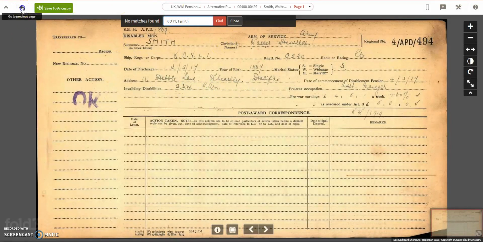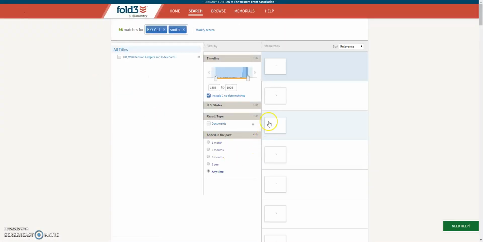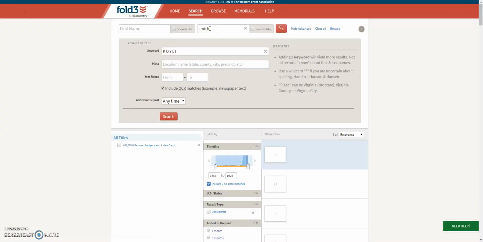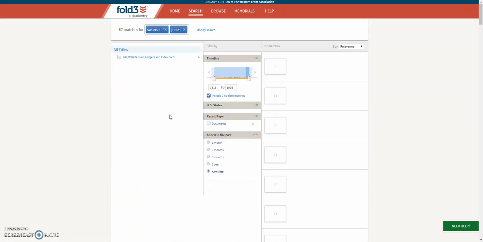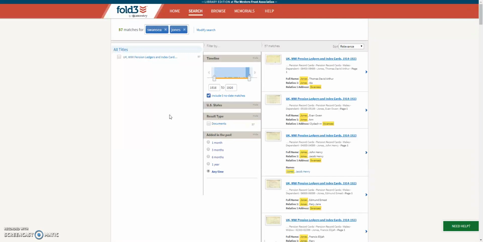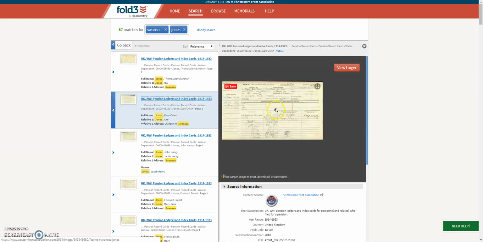So we can exit that and go back to the search box here and modify the search, and perhaps use the surname Jones, and see how many men from Swansea called Jones there are. So here we have, on the face of it, 57 matches, which we can see. Let's just click on the first one here,